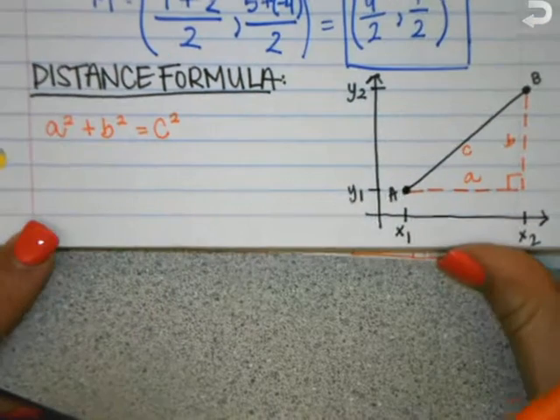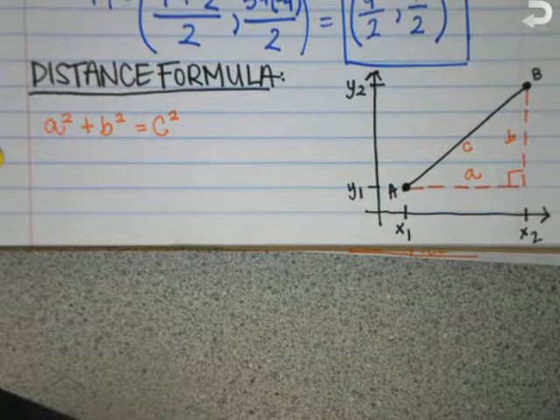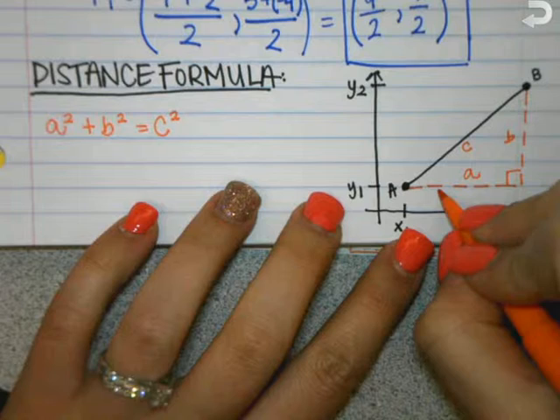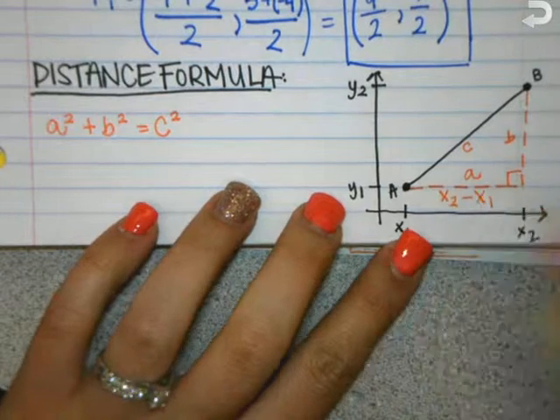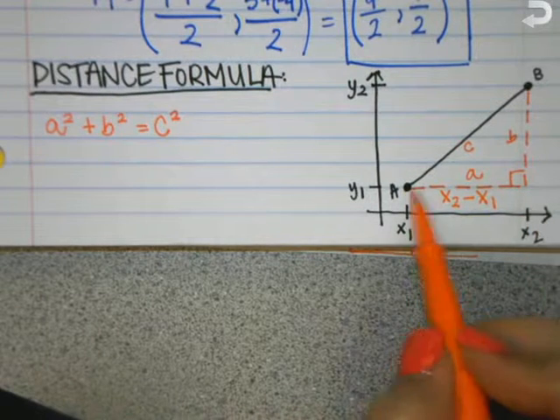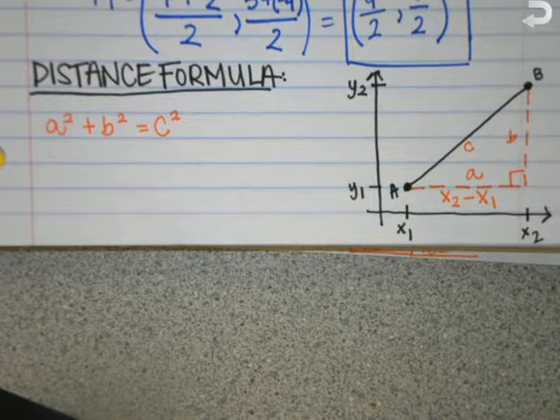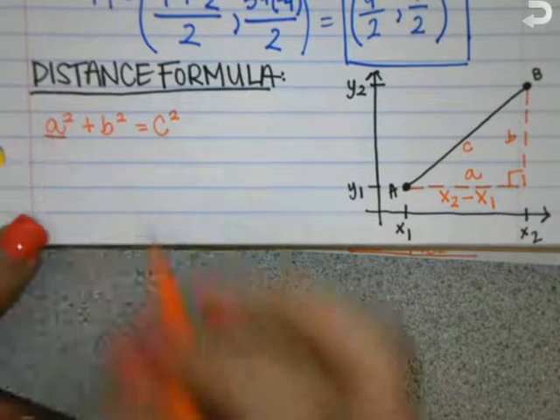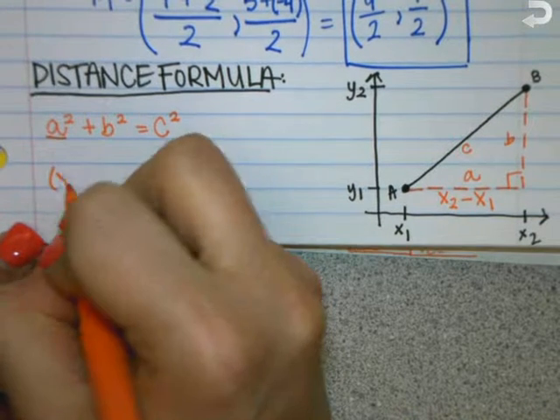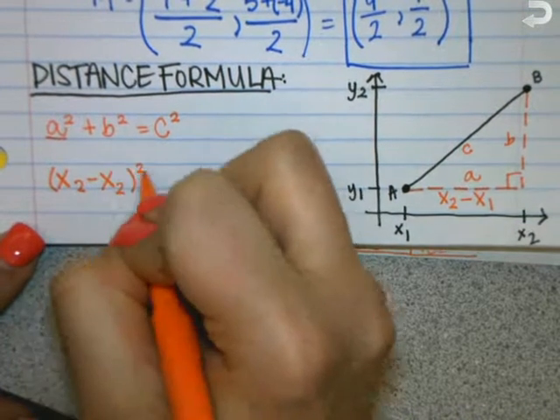Tori, I kind of heard you saying it. How can we find out the length of A? x2 minus x1. Does everybody agree with that? If I take this point and subtract it from this point, does that give me the length of A? Oh yeah, okay. So let's plug it in. So that's going to be A. So in parentheses, let's plug in x2 minus x1, and then we're going to square it, right? Plus,